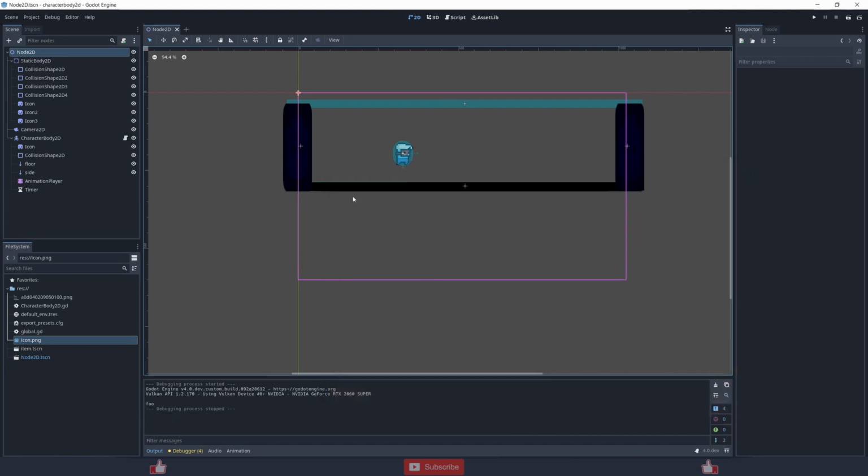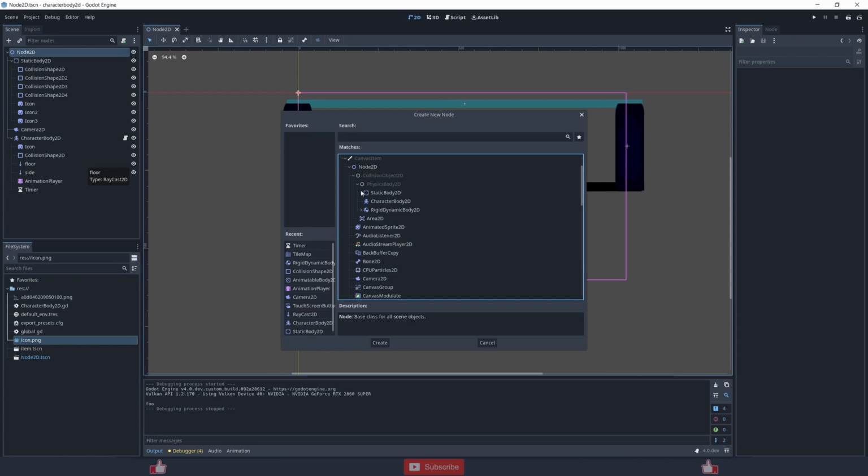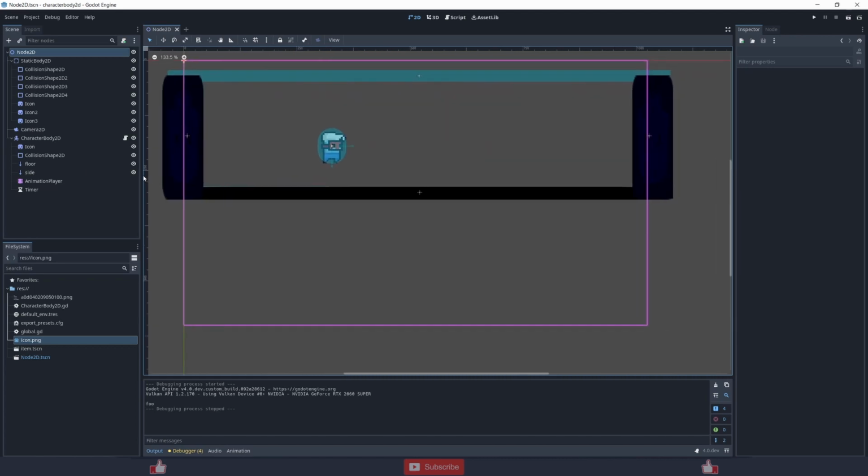So let's start with the character. Let's start with the physics. Now the things are static body, animatable body, character body, and dynamic body 2D. Okay, so character body kind of works like kinematic body. For the character,